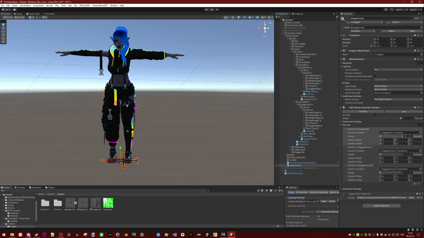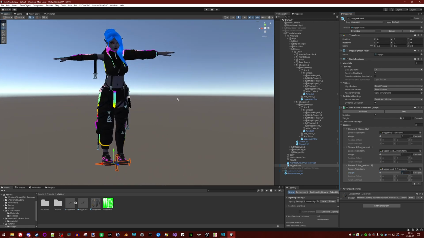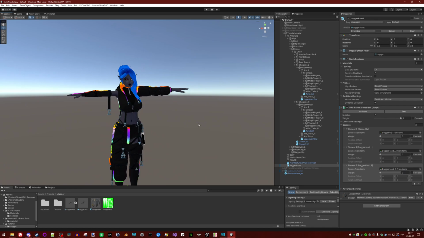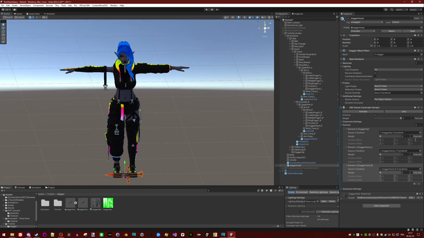And if you check, if you click activate, then if you toggle the weight, you can see it goes where it's supposed to go, not in the right position, and that's why we created empty transforms, because we can now move the empty transforms around, because we cannot move the dagger anymore.